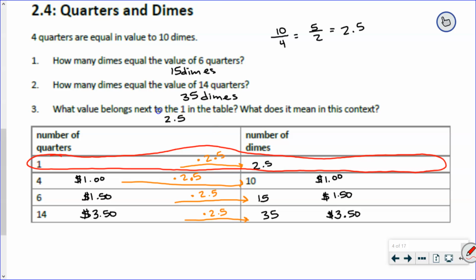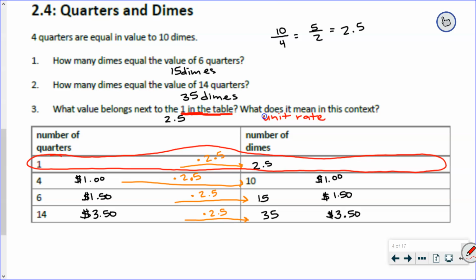I want to focus on the 1. Have we focused on 1 in the past? And how important that 1 is? Kaden M. Kind of. So again, I really want to focus on this. It says the 1 in the table. That means, ladies and gentlemen, what we have here is the